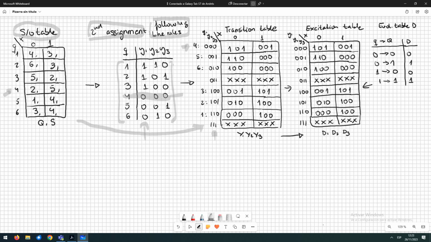From state 4 we go to 2 and 5. 2 is 1, 0, 1 and 5 is 0, 0, 1. So we go to 1, 0, 1 and 0, 0, 1 that are 2 and 5. If we continue looking at the state output table and the codification we have chosen, we build the transition table. Now, using the transition table